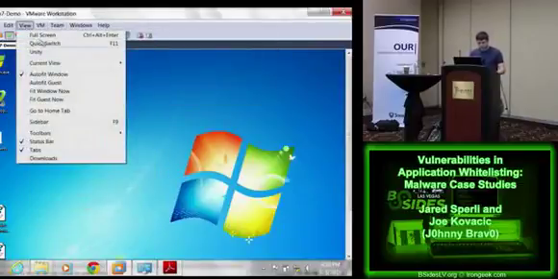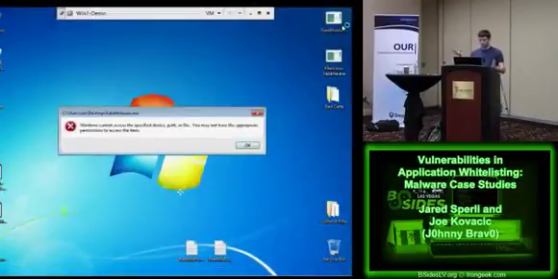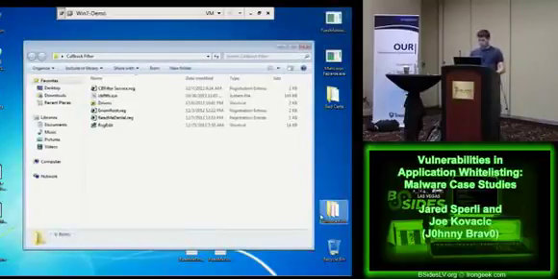Just to show real quick, the product's back to working in its full capacity. It's blocking the malicious file. And what we're going to do is install our own driver at a lower level. Some of you might be familiar that Windows 7 has put in measures that don't allow you to run a driver that hasn't been digitally signed. And the idea is, well, if it hasn't been signed, you're not going to be able to get your malicious piece of software signed. So that's going to offer some level of protection.